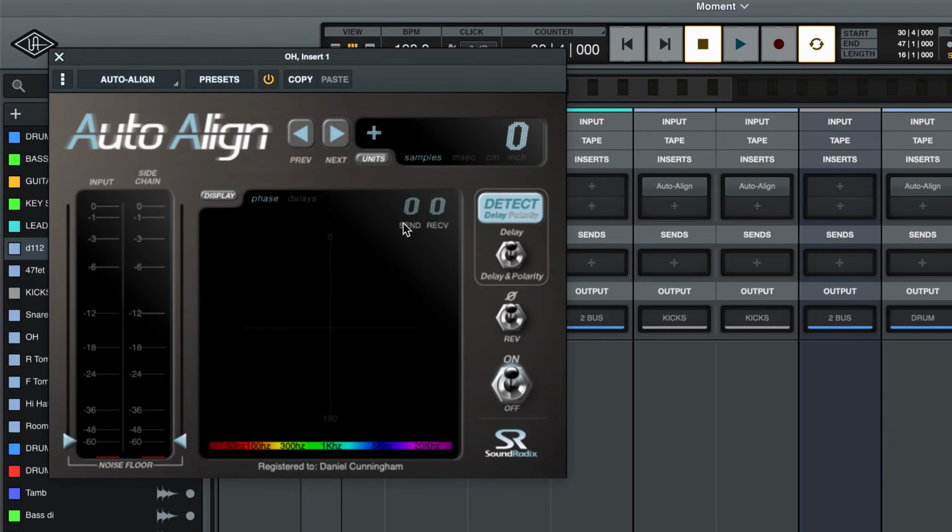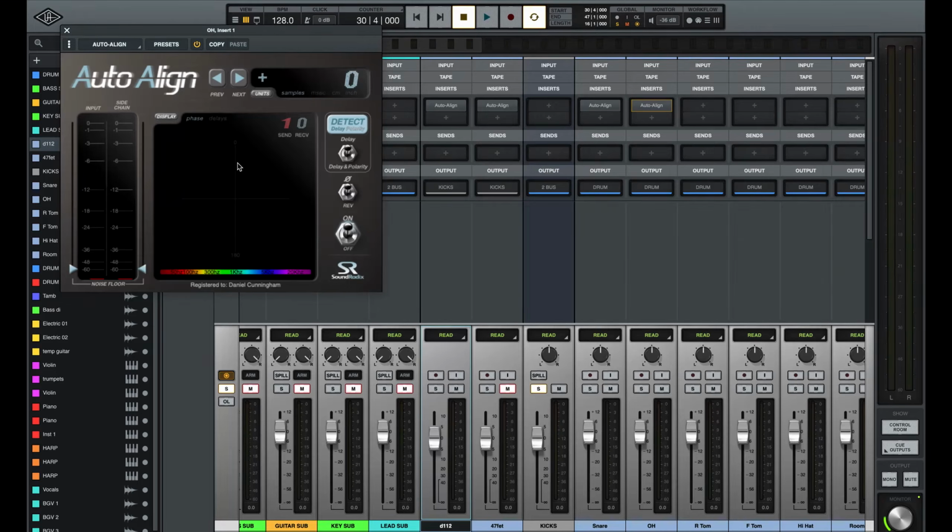This is saying send here and receive here. I'm going to say I want the overhead to send out to everything else, because the overhead is a pretty great picture of the whole set. So here we go. If I start playing, you can see we got a little bit of stuff coming out here. That's from the overhead track, which is not soloed or anything. So we don't have to do anything at this point, but all we need to do is tell it to